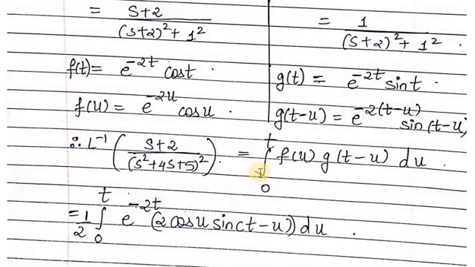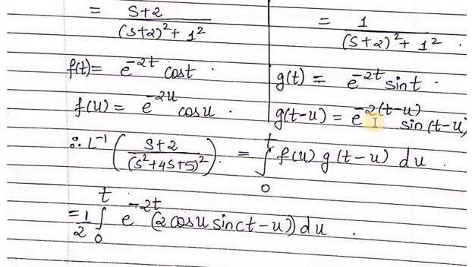Okay, now integration from 0 to t will be as it is. f of u is e raised to minus 2u cos u,